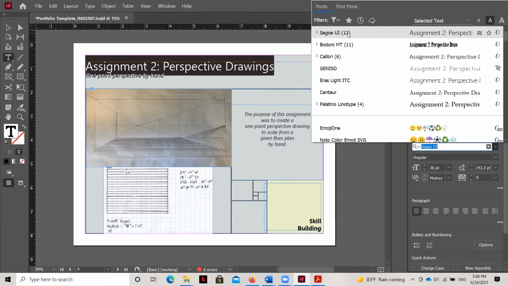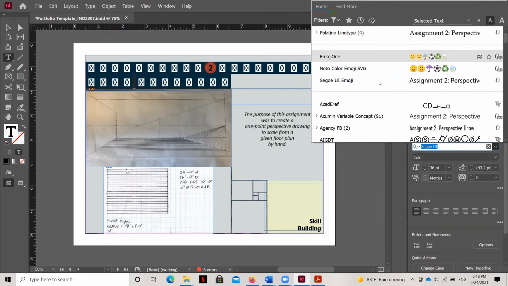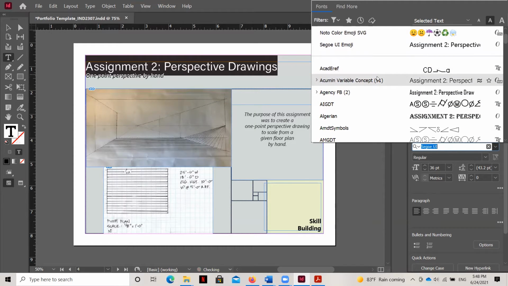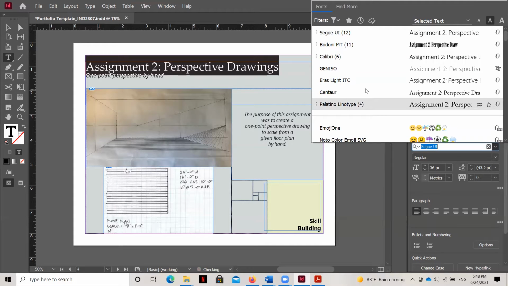And you can see here right next to the font name, we've got a sample of the writing, of course, so I can see how it looks. But what's really important here is the number that's within this parentheses set. Now, I selected this font for our portfolio template because this number is very high. You can see here, as we scroll down, there's some with 6s and 4s, and that number indicates how many options are within the font family. And so let's go back to selecting our font, and we see it's got 12 options in our font family.